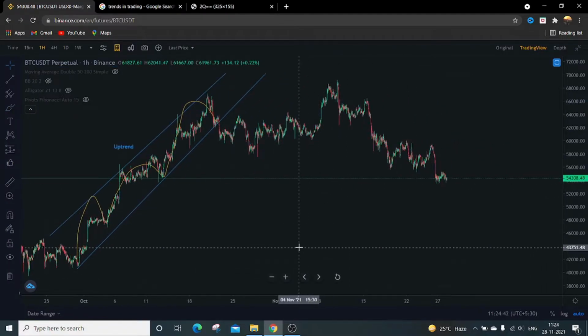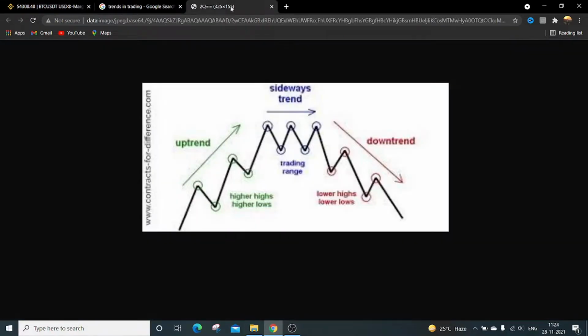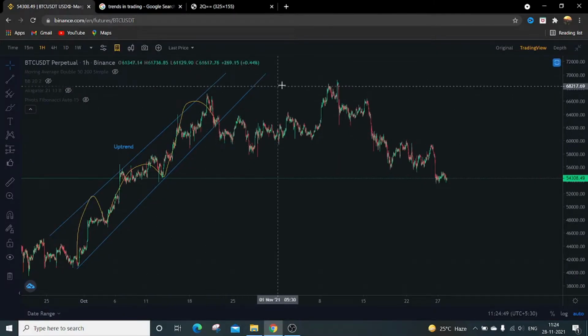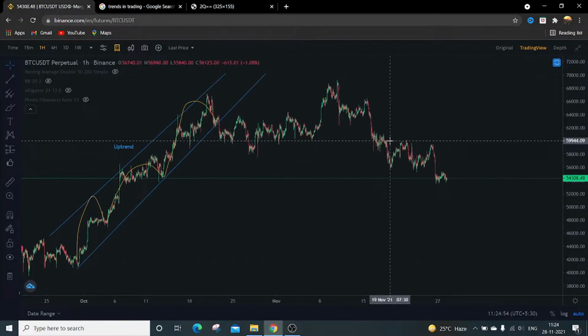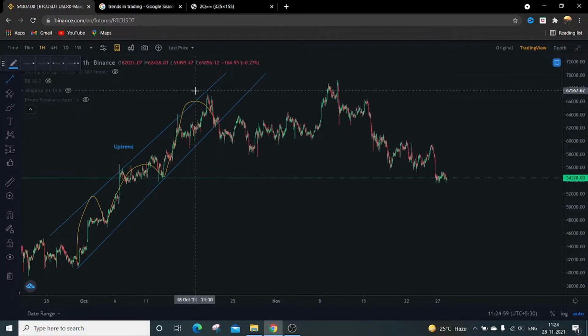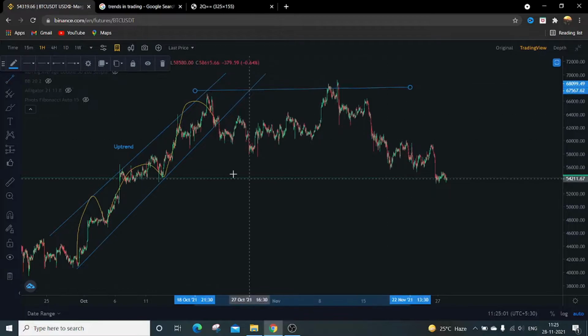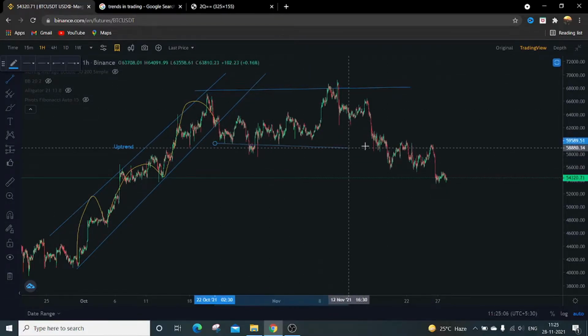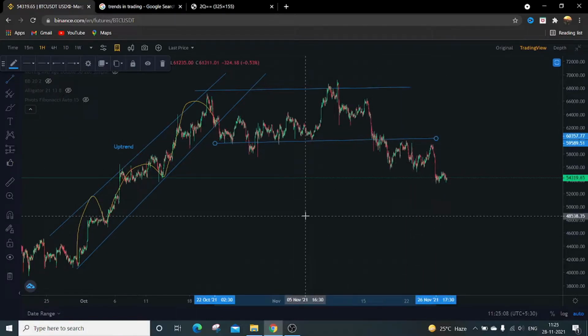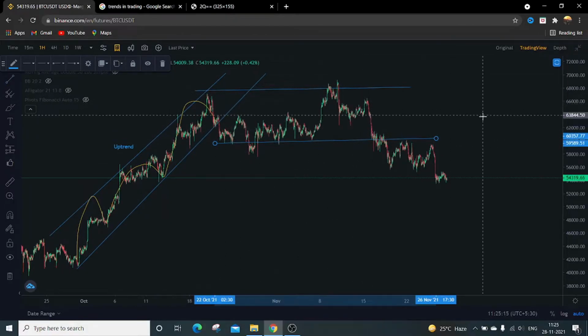So move on to the next part, that is sideways trend. This indicates that the higher points lie in the horizontal direction and lower points also lie in the horizontal direction. That is called a sideways trend. Okay, to draw this I will just connect these two higher points and again the horizontal points. Okay, so this indicates that this is moving along this horizontal direction, that is from left to right.